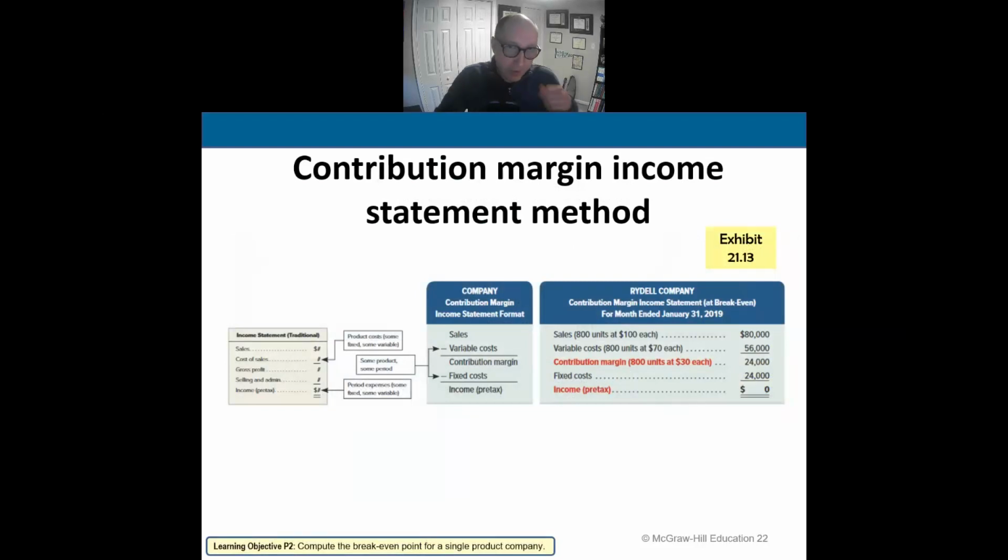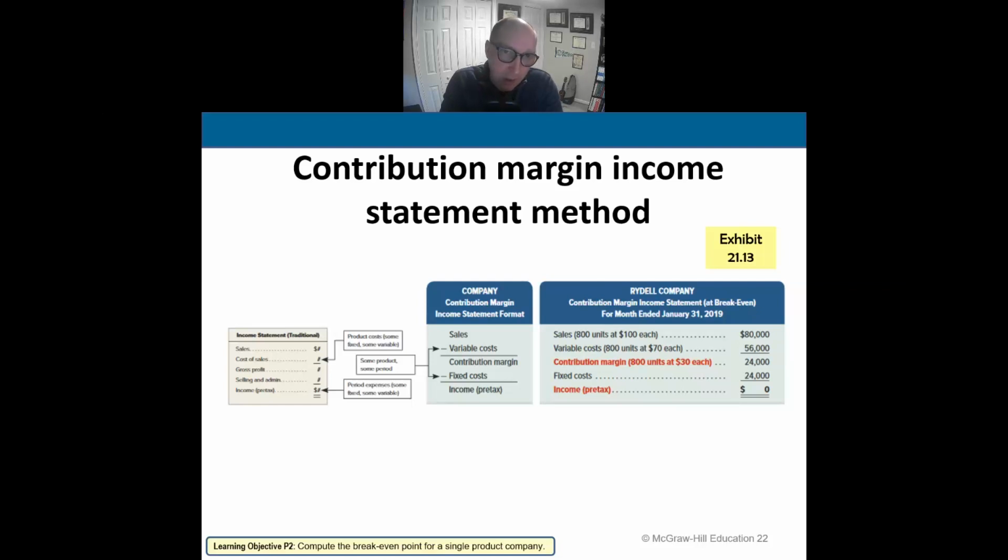So the contribution margin income statement method is the third method for understanding break even. Okay, I like the method. It's all right. It's very easy to understand, but it doesn't tell us the whole picture. That's why my personal opinion,